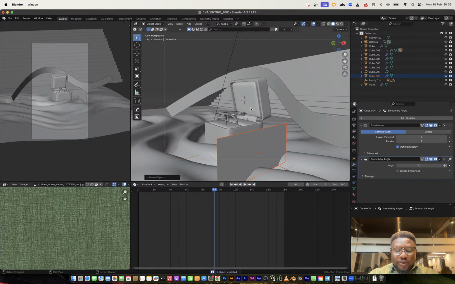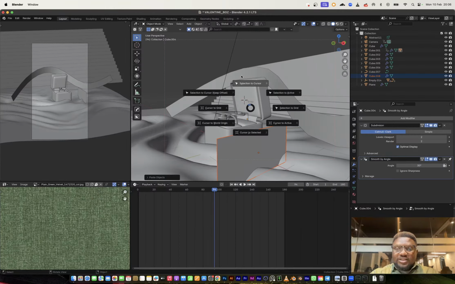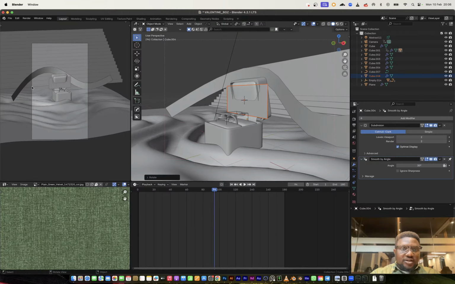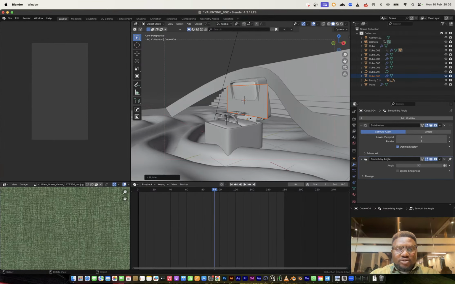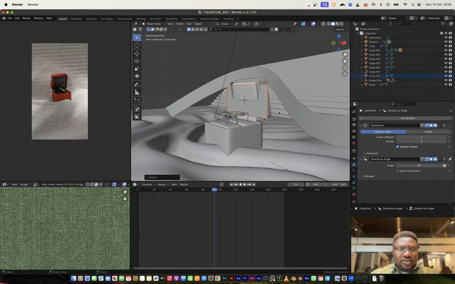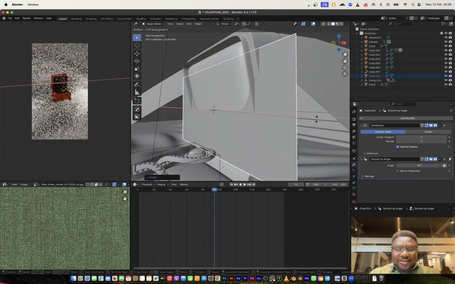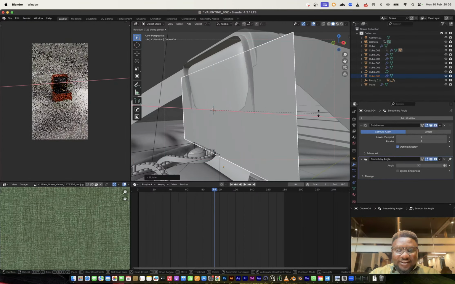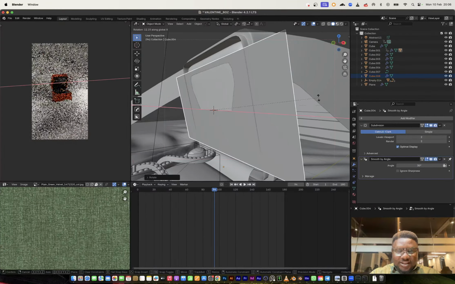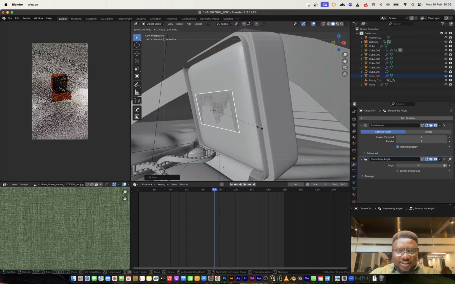Okay, it didn't appear there, so what can we do? Shift S, selection to cursor. So I can RZ 90, and we have our balls there. Let me just go to the rendered view to see what that looks like. All this is going to change. This lighting, everything is going to change. It looks really bad right now. So I can RX, rotate this like so, so it's intersecting with the face.